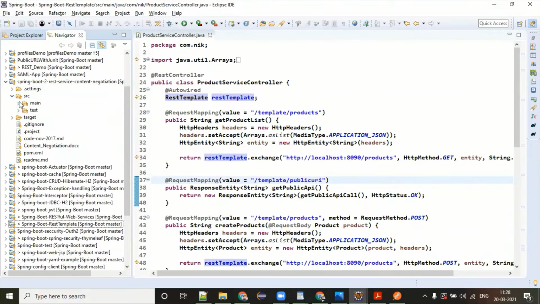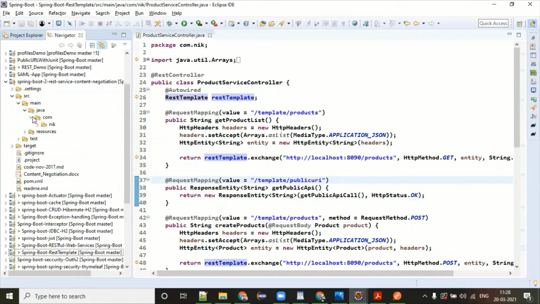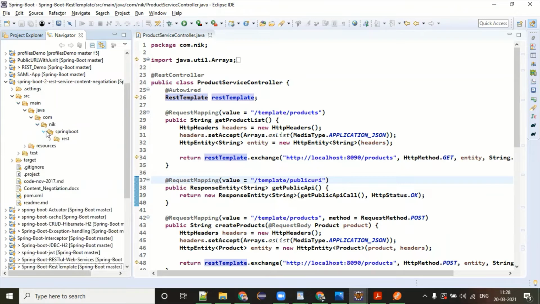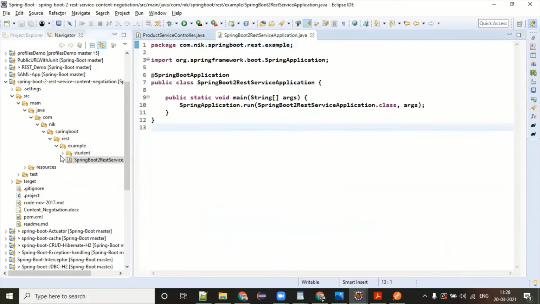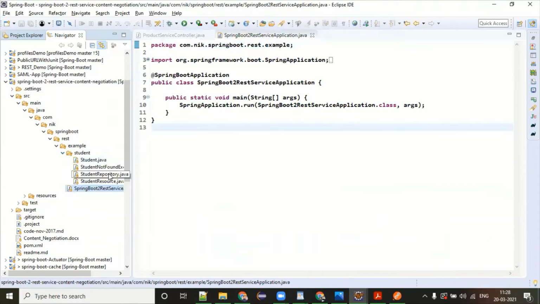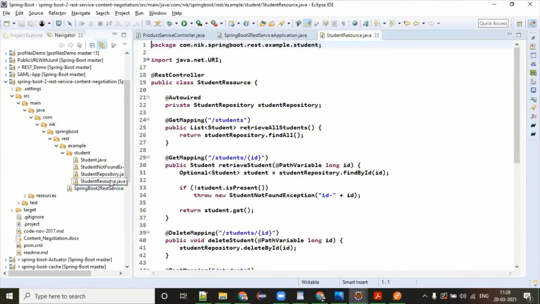Open the controller. This is straightforward, but student resource, this is my controller.